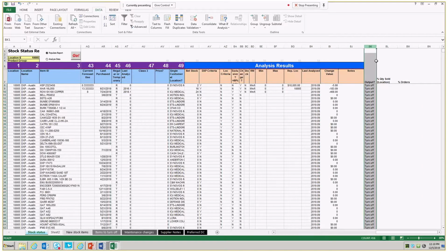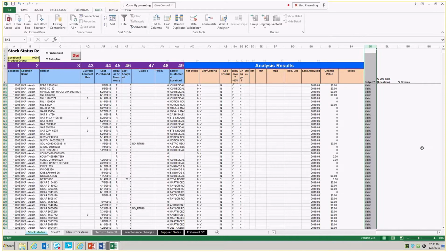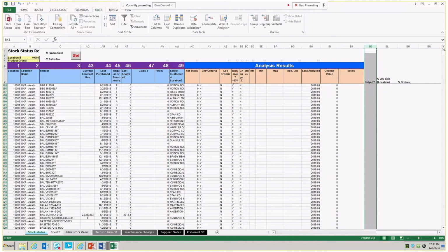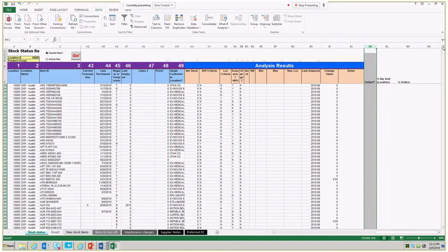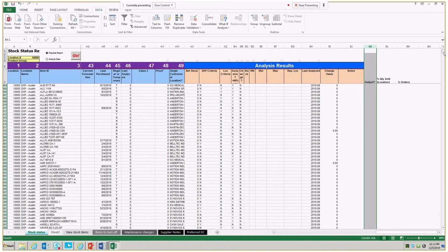But now look at your column BK. All of a sudden, all your turnoffs have come up towards the top now. And if I was to scroll down a little bit, the next things would be maintenance. And the ones after that might be new stocking items, you know. So I'm going to scroll a little bit. So all we're trying to do is bring the low-hanging fruit towards the top of the spreadsheet so that you can focus on